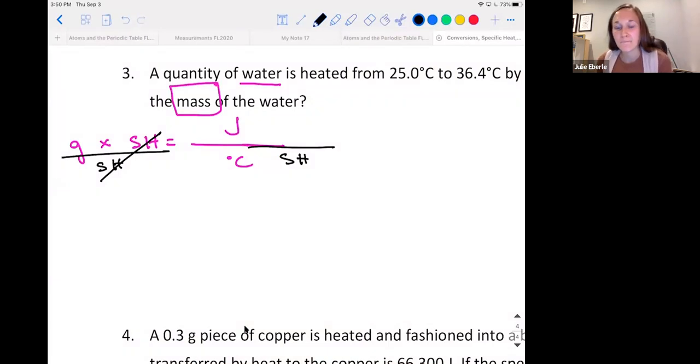Okay. So now specific heat goes away. So now we are left with